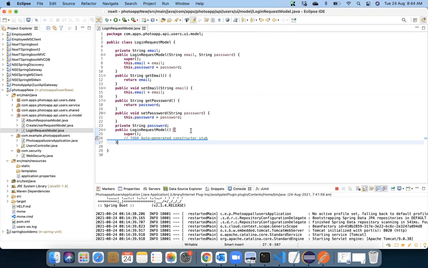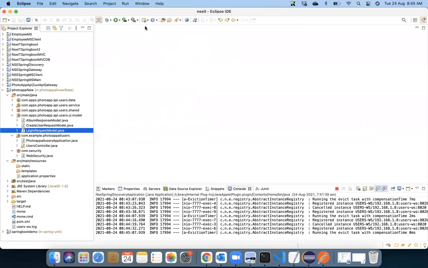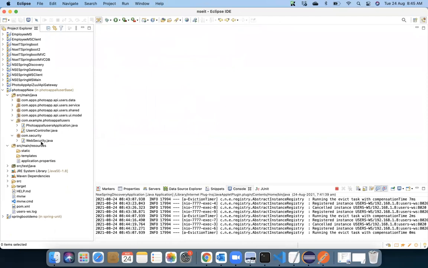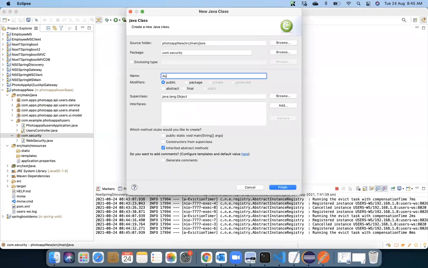Post that, we would like to perform a few more activities which I'm talking about in Spring and in general development. You might have heard about this term called filters. In Servlets also you have heard about filters, which are responsible for intercepting your request and getting you the details about what you're really looking for. So I would like to create a new interceptor which will intercept all incoming requests. Here I'm going to create a new class called AuthFilter.